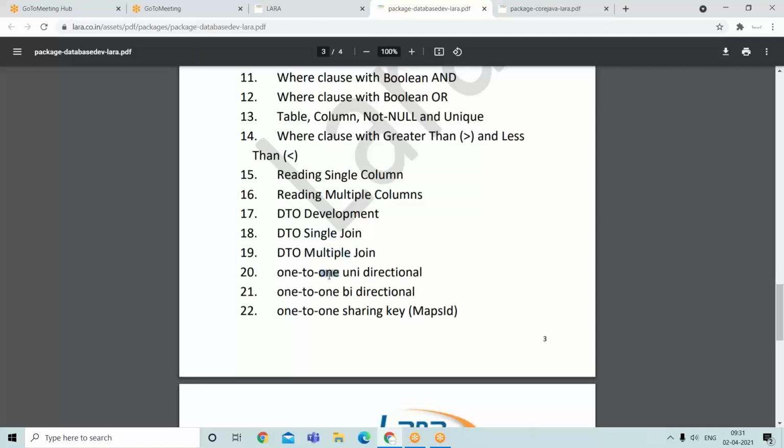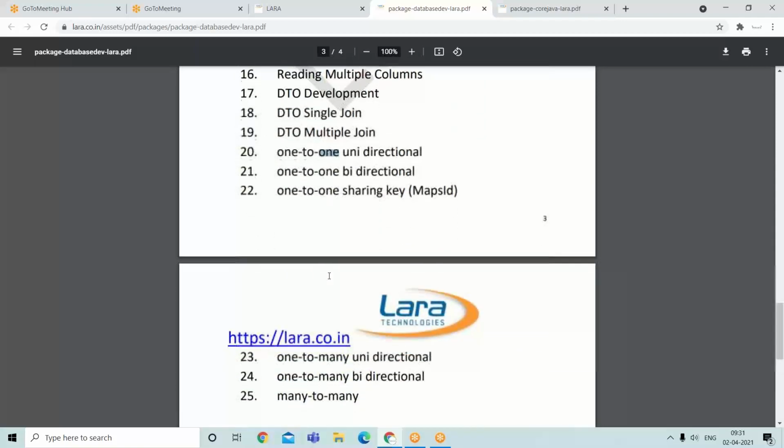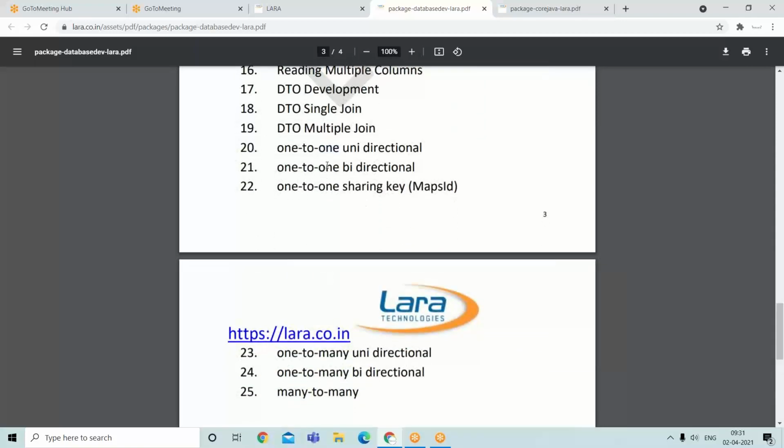One-to-one unidirectional, please observe. One-to-one bidirectional, how we can maintain one-to-one between two tables by using Data JPA, which is internally using Hibernate.